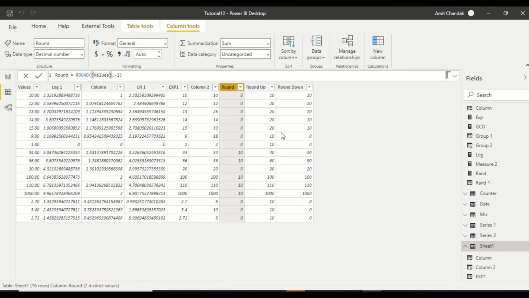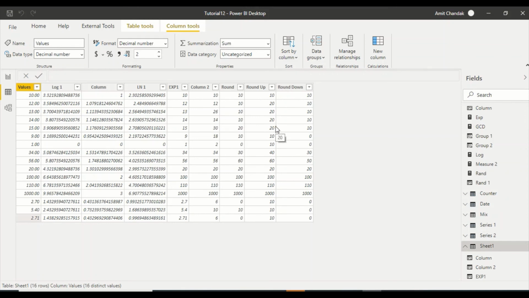Now we came out of the decimal places, so we are trying to do this round at the first unit place, and now you see again round will be either round up or round down depending on where the position is. So here it is round up, and here all three are equal, because there is no change in the decimal place. Unless you have the first place, like this is 2, this is 3, there would be variation. But if it is like only 20, it's already 20, 0, there's nothing. 100, no variation. Okay, 1000, no variation. 2 we will have variation, 5 we will have variation, and 2.7 we will have variation. So all these variations you can see.